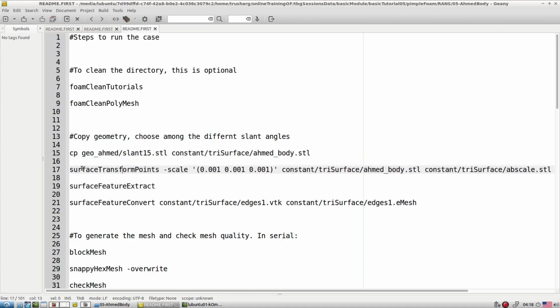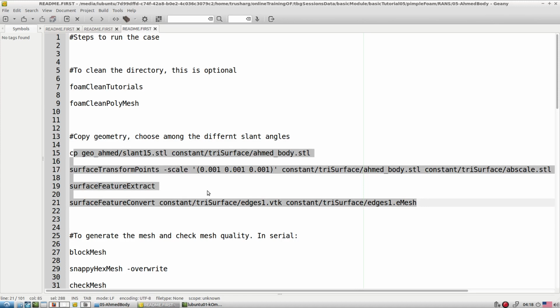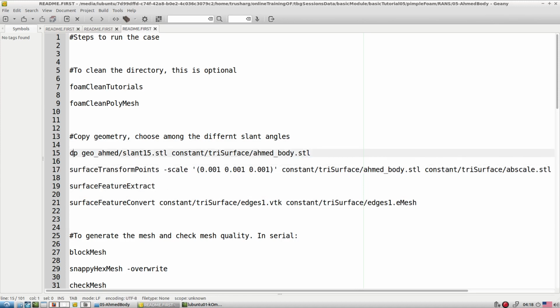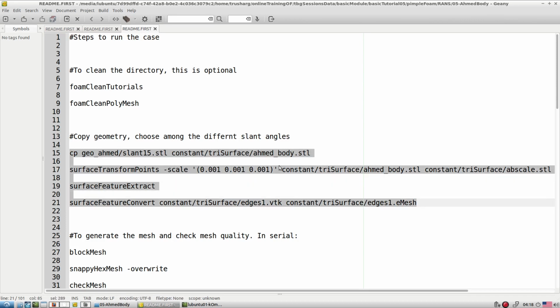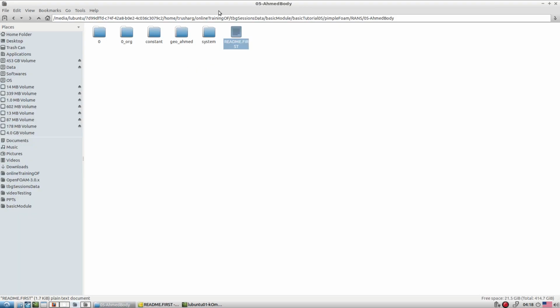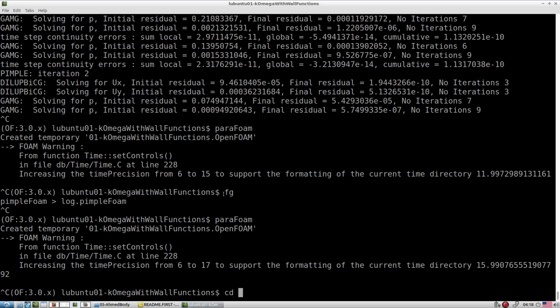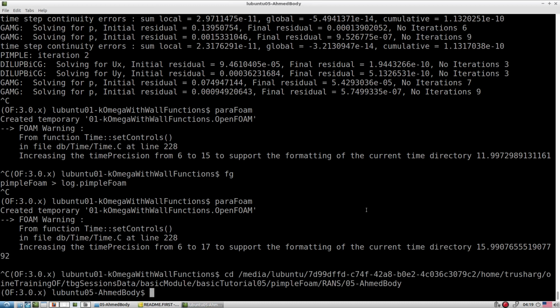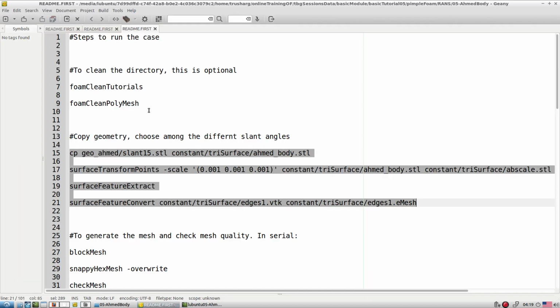But right now you use these commands like a black box, and with the help of executing these commands, you're going to get a fine mesh. Okay, so that is the use of these few commands. So let's first go to that particular area. Okay, so here we are, and let's clean the case.